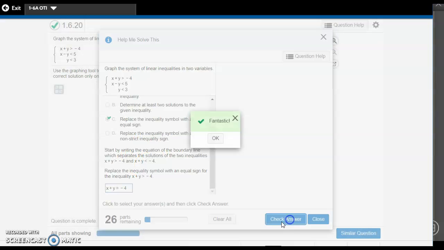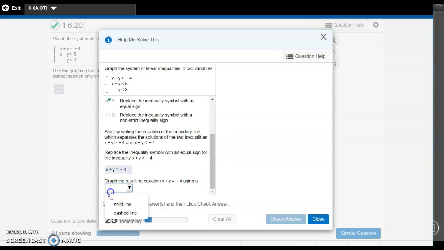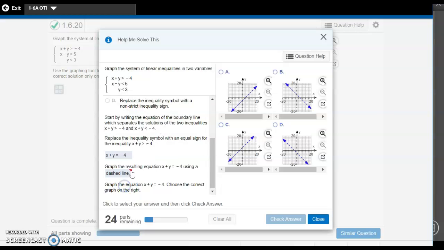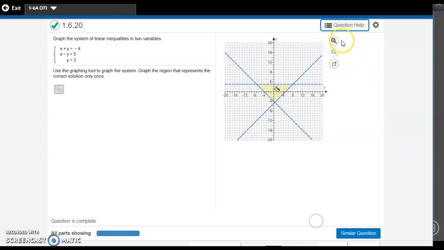If I don't know what the right answer is, I'm not reading it. Apparently I'm really lucky. So as you keep doing them, if you get them wrong, it'll tell you what it is. And then you'd be like, oh, okay, I read that, it's supposed to be dashed. And it'll correct it for you, it'll let you keep going. So it walks you through the same type of thing, how to do the problem, how to solve it. Use this stuff,